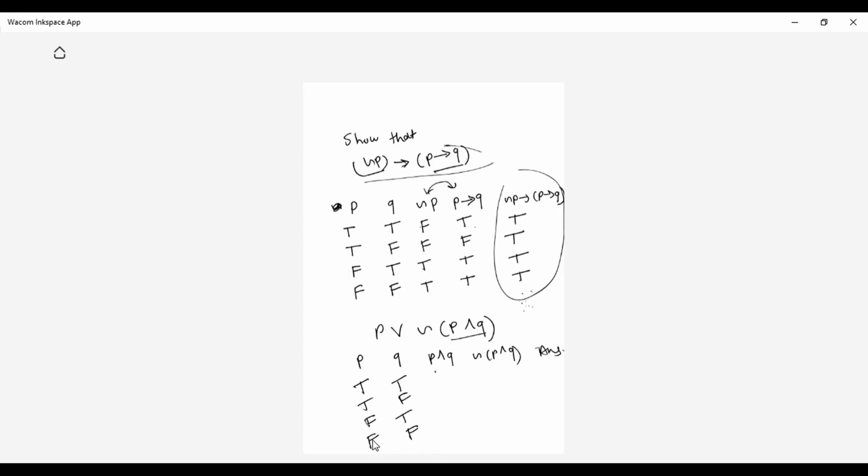P and Q: true, false, false, false. Negation P and Q: false, false, true, false. Finally, you have to OR P with this negation term: true, true, true, true. So again you are getting a tautology.